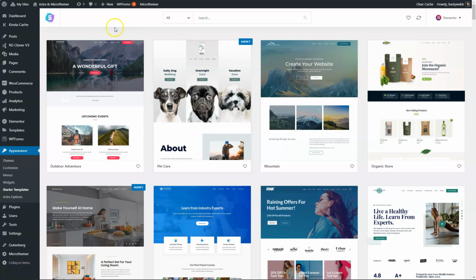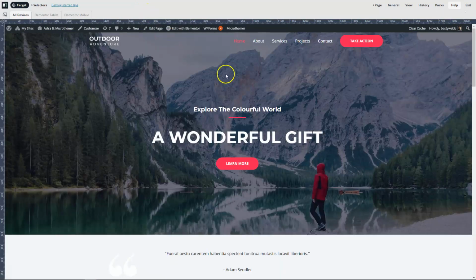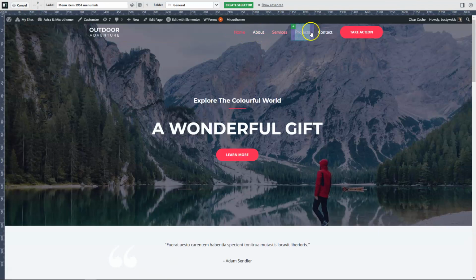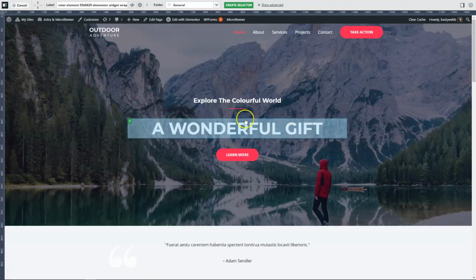In this video, I'm going to explain why you might want to use Microthemer with Astra. Microthemer is a point-and-click live CSS editor for WordPress in the form of a plugin. Once it's installed, you can go to the Microthemer interface using the top toolbar, and then that will load our Astra theme. The point-and-click features mean that you can literally target absolutely anything on the page, from the header right